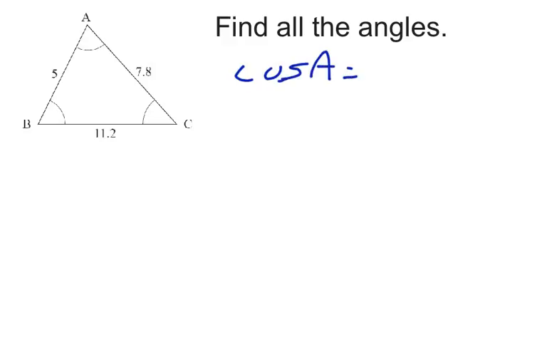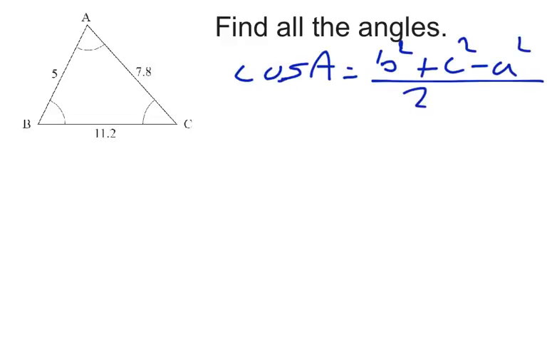Cos A equals B squared plus C squared minus A squared all over 2BC. So if we're going to work out A, the first angle, we could say cos of A